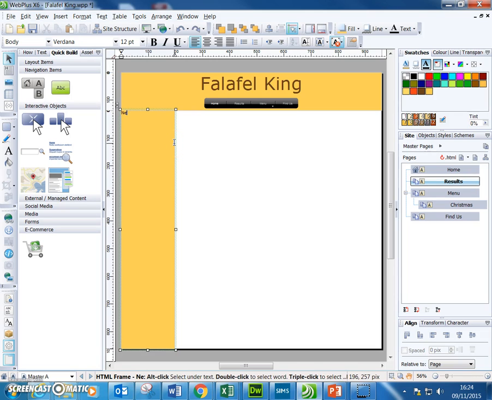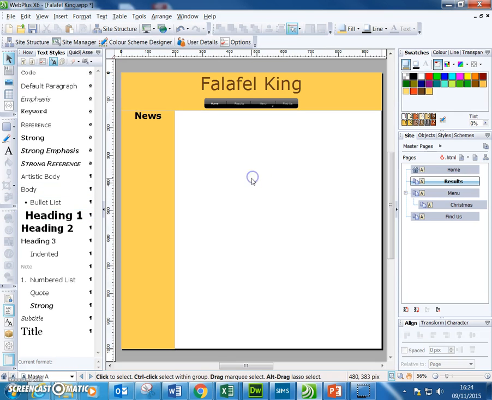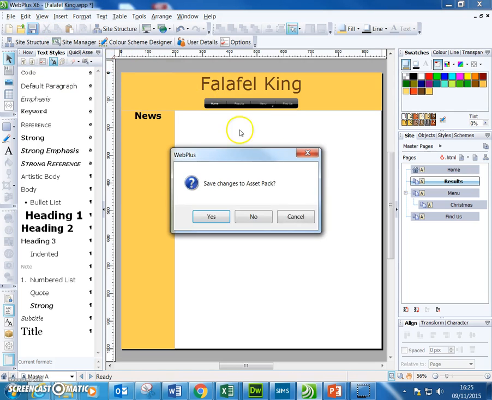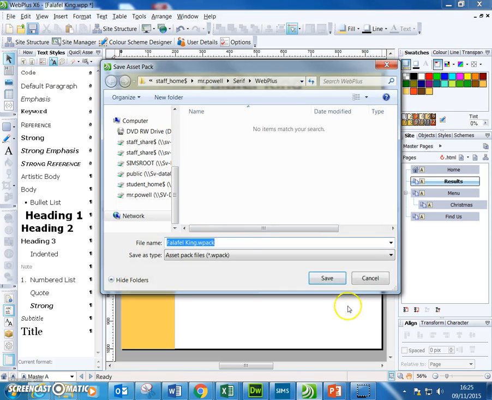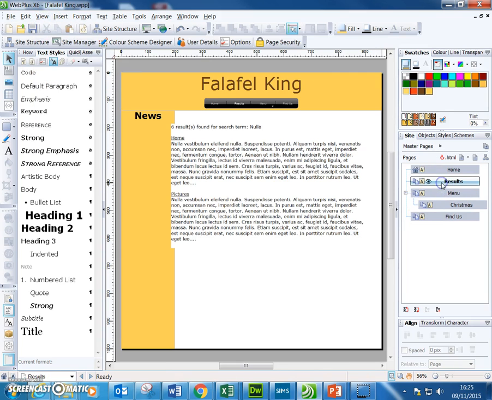So I could have news over here, for example. I can change fonts and things up here, or I can use the text styles in here. So highlight that, make that into a heading. All of this we can then save. And when we go back to our pages, view page, you can see the home page looks like this, and